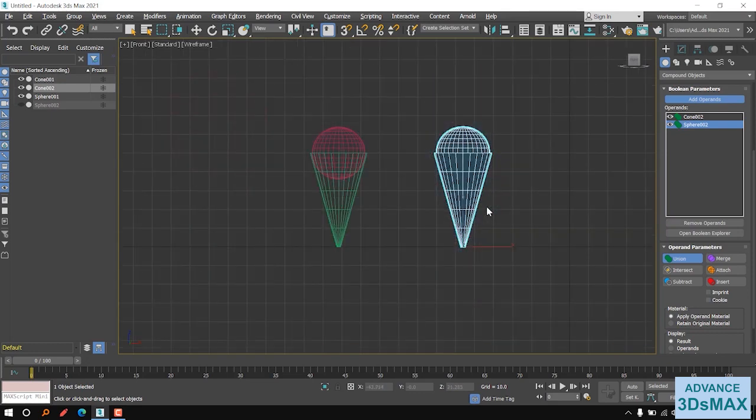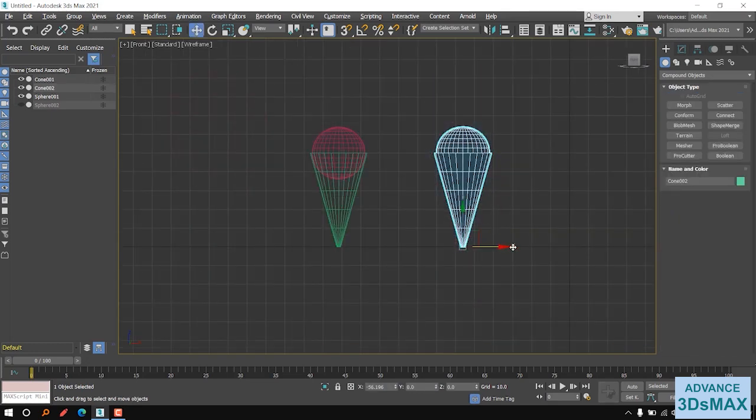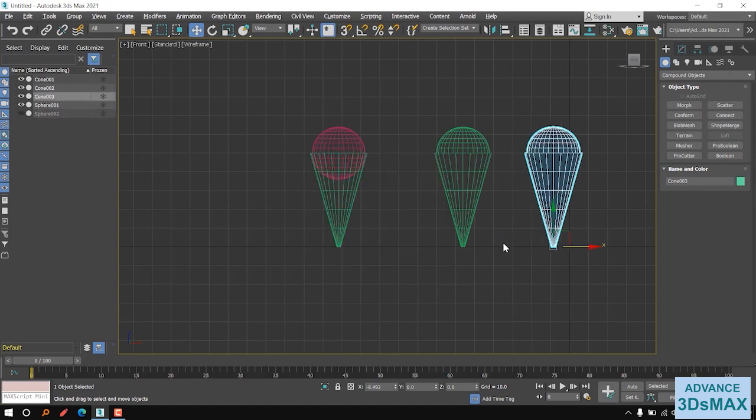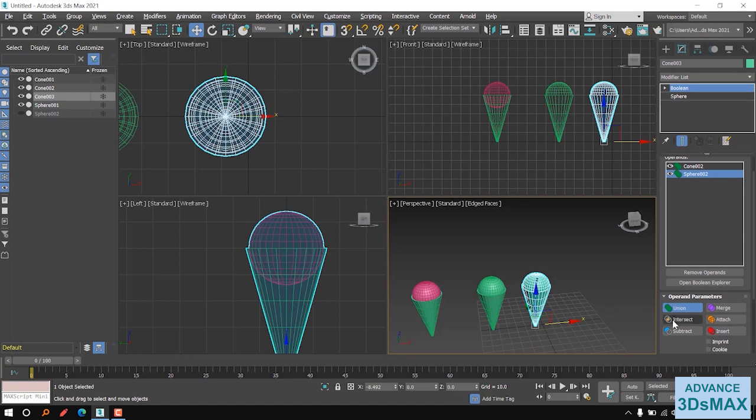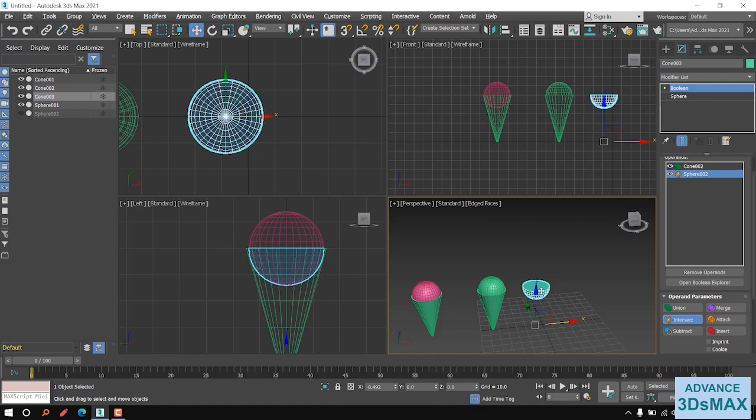Now I create a duplicate copy of this object and change the Boolean operand. Now I choose intersect, and in this operand, overlap or intersecting geometry will remain same and the other geometry will delete like this. Now I create a duplicate copy again,